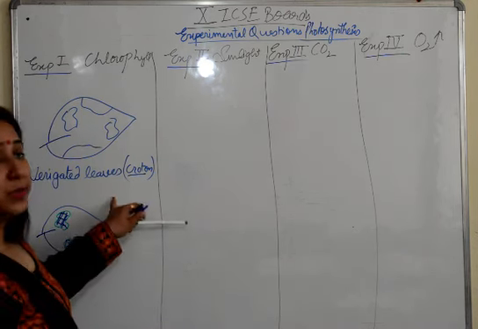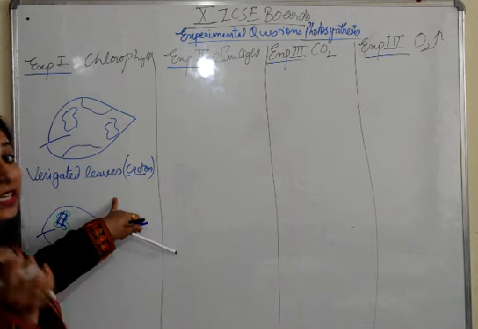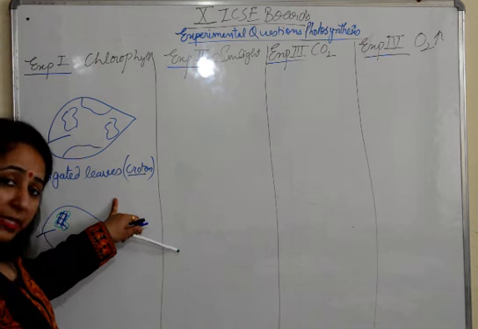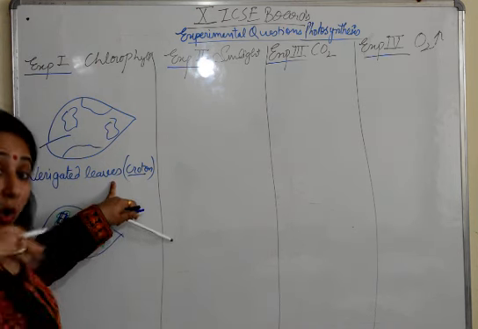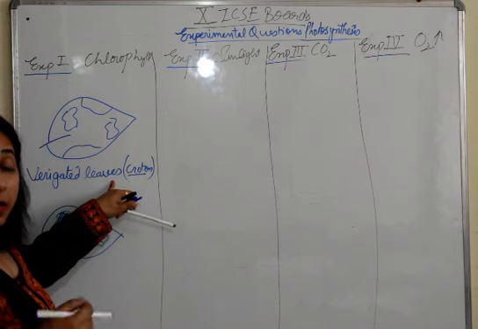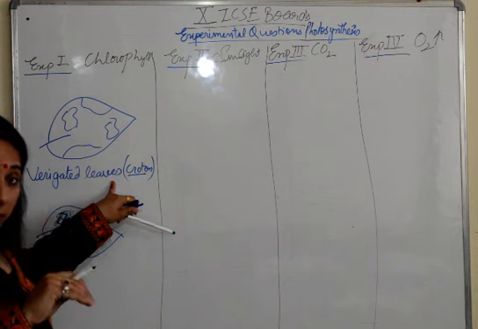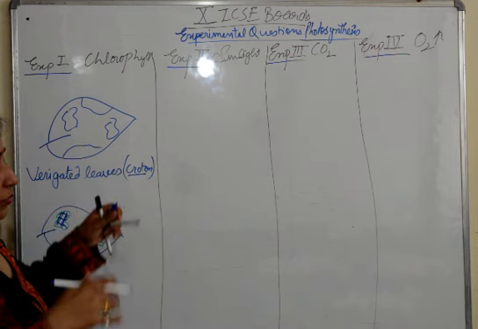So the questions which are asked from this, very important questions: destarching can be asked, iodine test can be asked, process, plus variegated leaves, where are they found, what are variegated leaves, why do we use variegated leaves in the experiment. Because it has green as well as non-green parts, so we can clearly see that the green parts are performing photosynthesis.